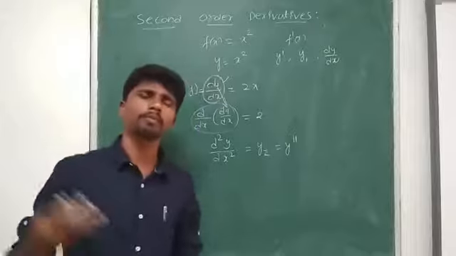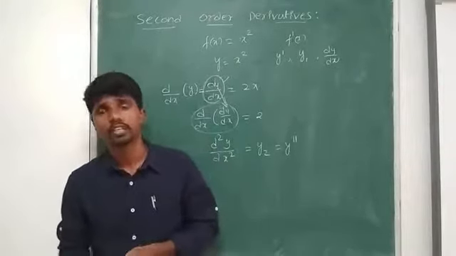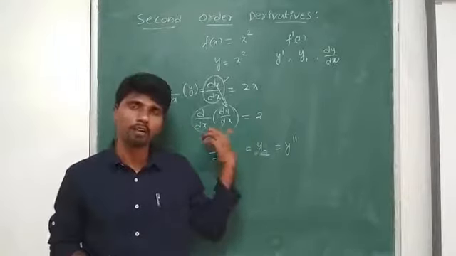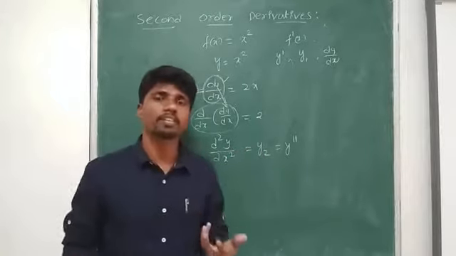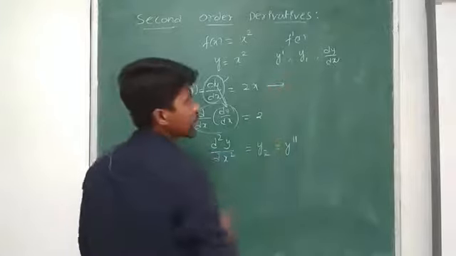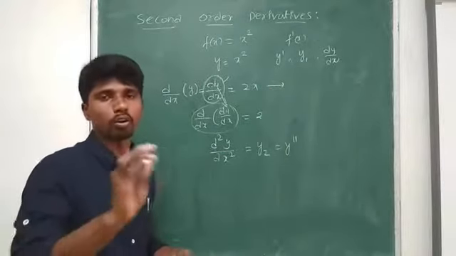The same thing we discussed previously, whether the derivative of the given function exists or not in intervals and all, is applicable for this also. But in this particular case, what is the function I have to consider? I have to consider this one as the function to check whether the second derivative exists or not.